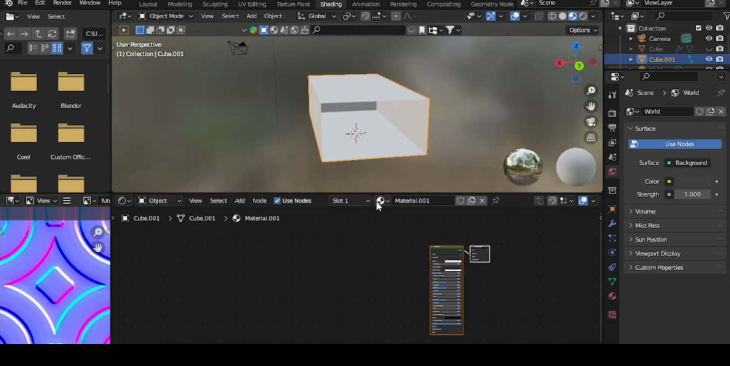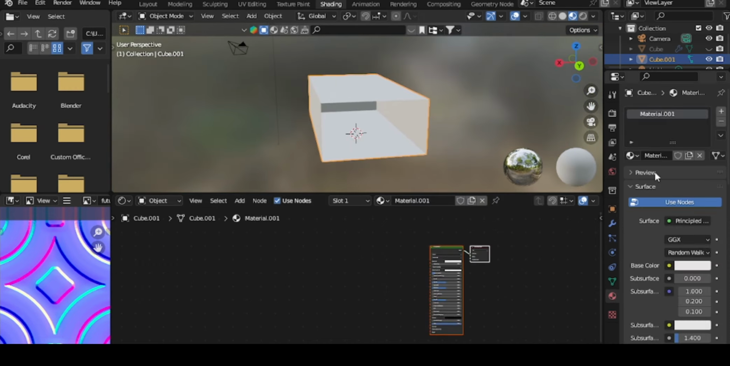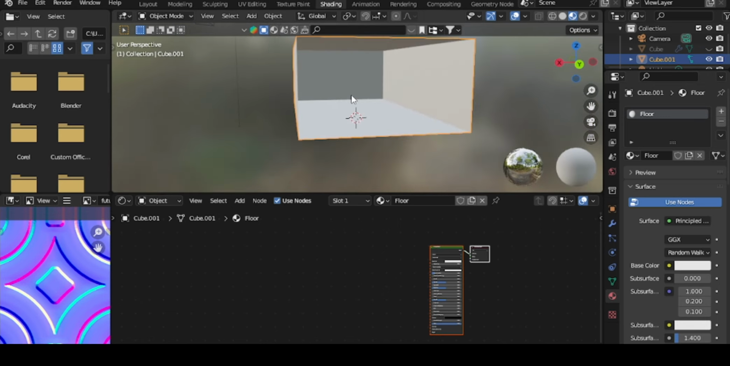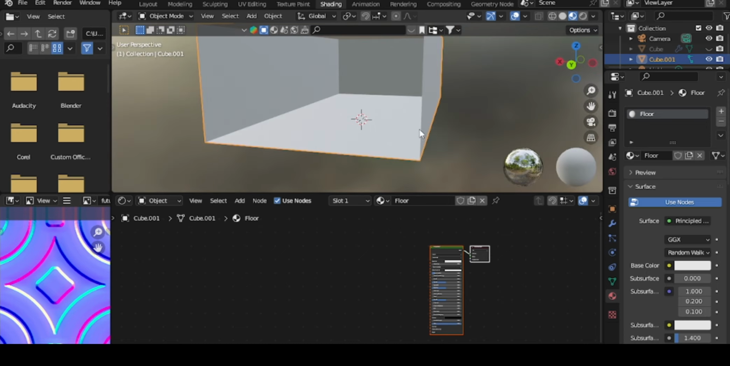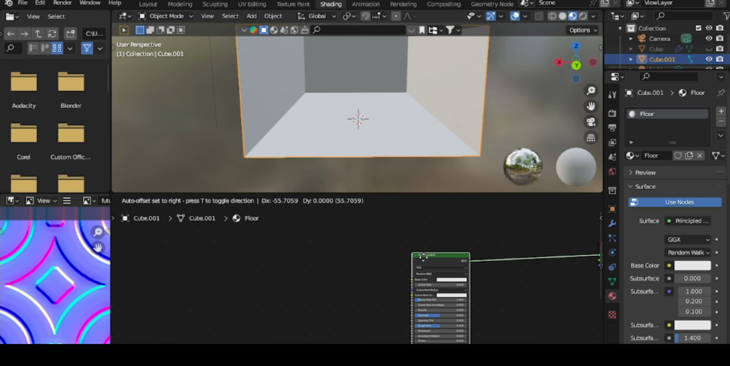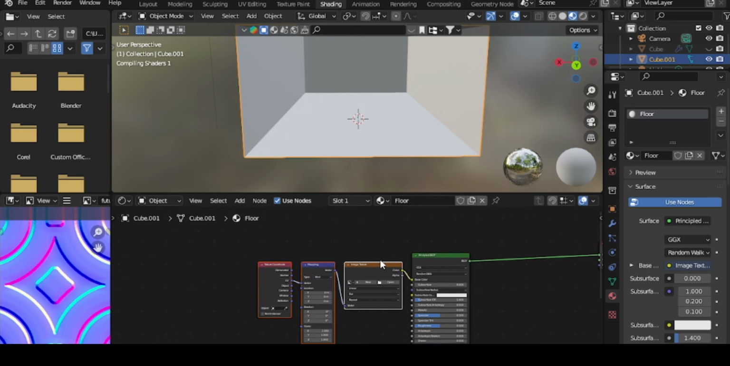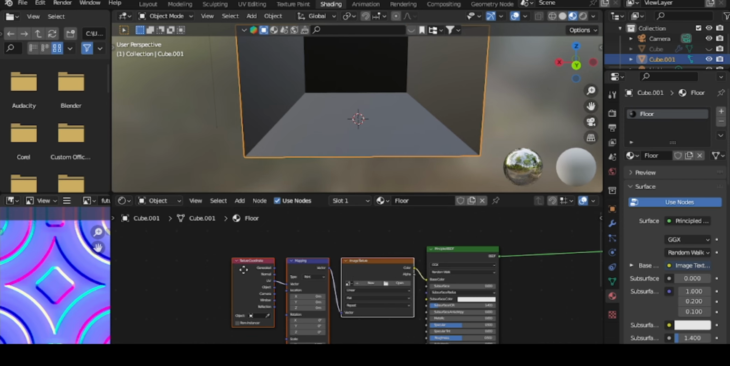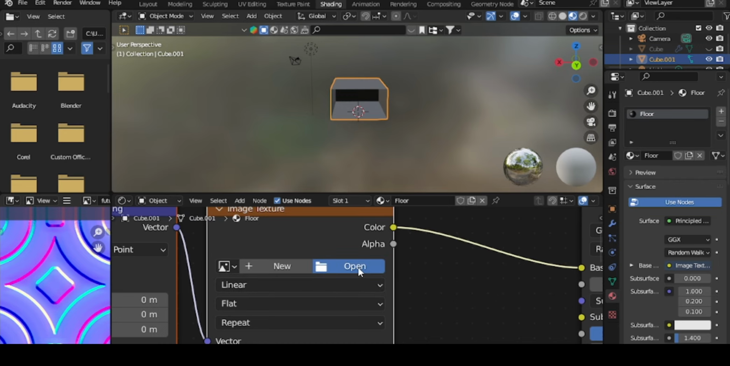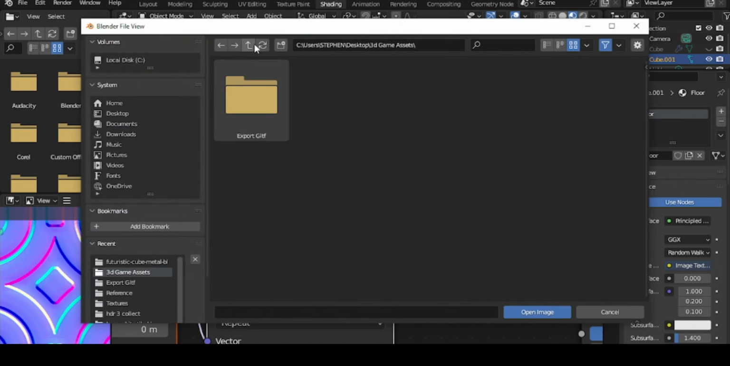So go over here, New, and make sure you're here. Let me call this my floor. I made the floor and the roof the same thing, so you can decide to do that, and then the walls to be a different thing. So I can just come in here, select this, and do Control T. I need to add my image texture and the mappings too, because I'm going to be mapping a lot here. So I'm going to go for Open,